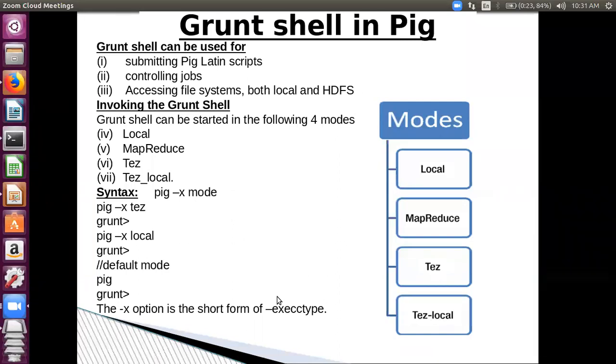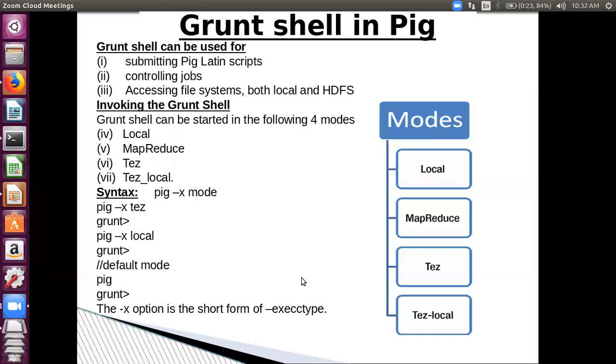Remember, just 20 seconds for this poll. The last 5 seconds now. Closing the poll now. So I'm sharing the results.